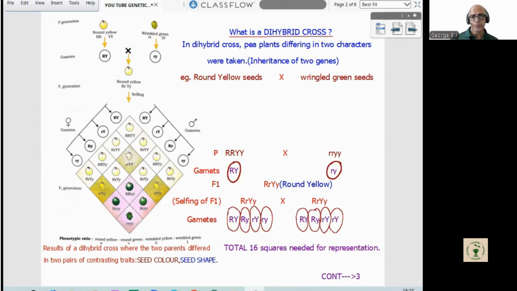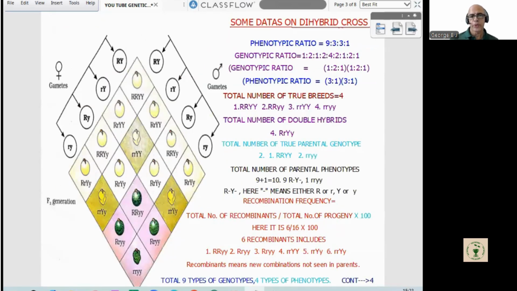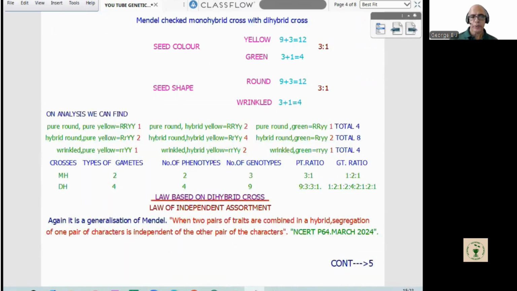Then the ratio. That is another important aspect: the data, genotypic, phenotypic, true breeds, double hybrids, then true parental genotype, parental phenotype, then recombination frequency. After that, what is meant by recombinants? Finally, at the bottom, we can find 9 types of genotypes and 4 types of phenotype. Then we proceed to